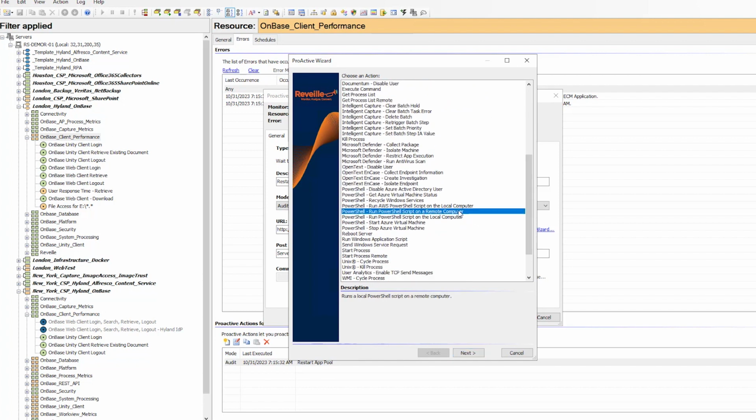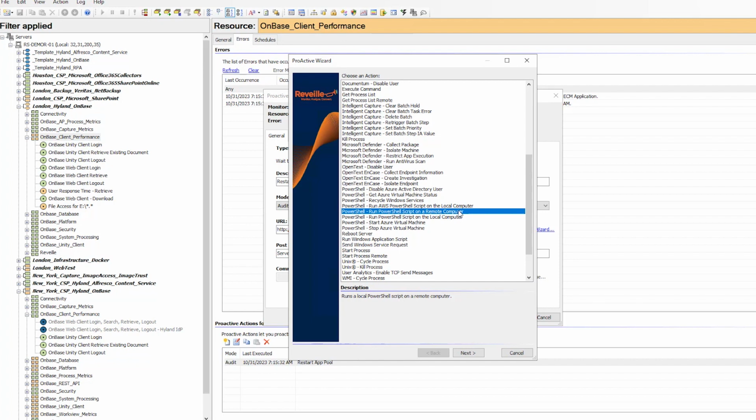Reveille can also run PowerShell scripts. This capability allows Reveille to carry out any action that can be completed via PowerShell script, providing great flexibility. The ability to carry out an action to resolve or provide a workaround to an issue ensures the organization reduces to a minimum the impact issues have on the end user and allows the content management administrators to reduce their